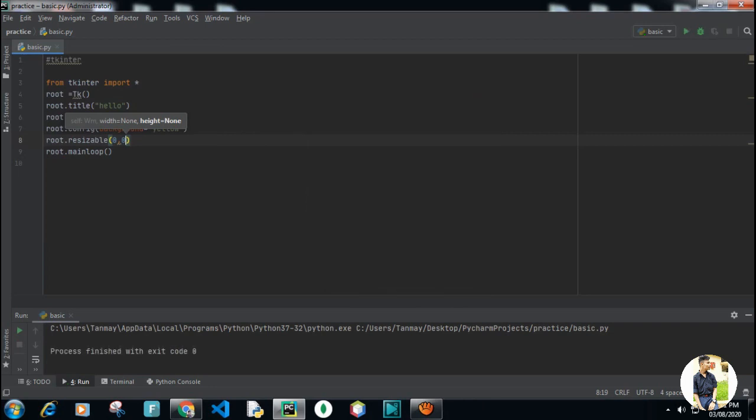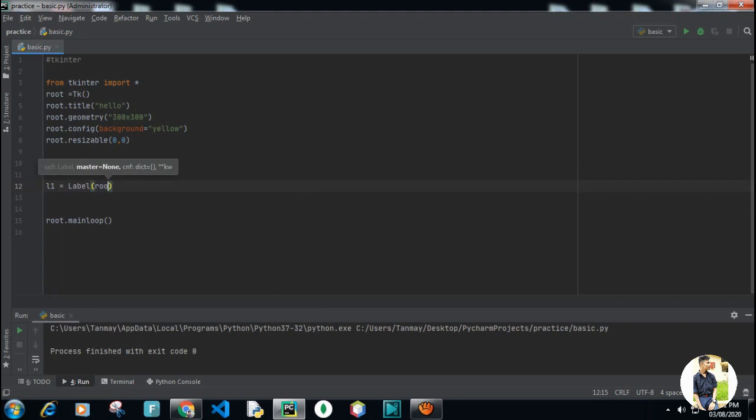Okay. So now let's see labels in our Tkinter. Let's create one comment down here, and first we have to create one variable. I will say L1 is equal to Label, root. I will first write text.